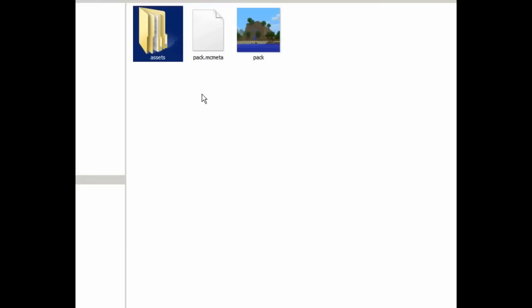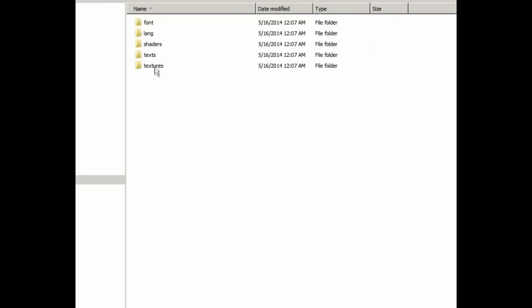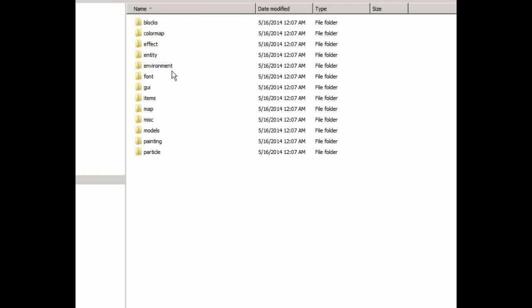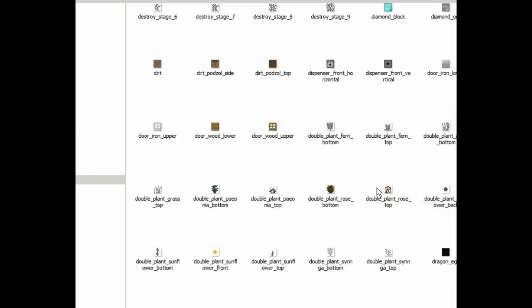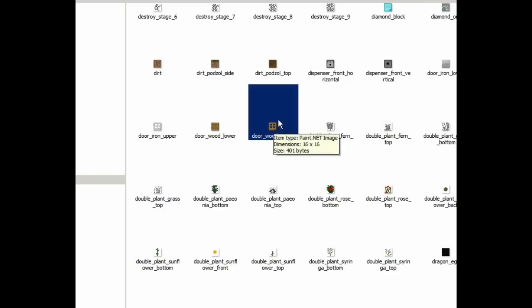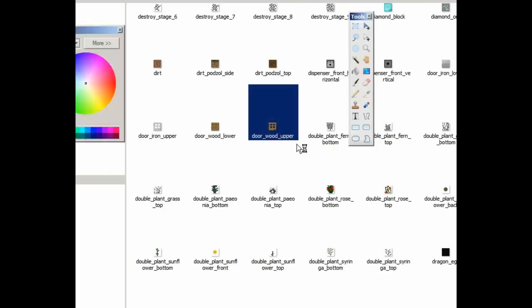Now to start editing your own textures, you go to Assets, Minecraft, Textures, and you can go, I think, anywhere within these. You can just go to blocks, which is where I would get started, and let's find something fairly common here. Well, here we go. We could actually do the door, and I've set this so that these files right here automatically open up in my Paint.net program. So I'll double click that,